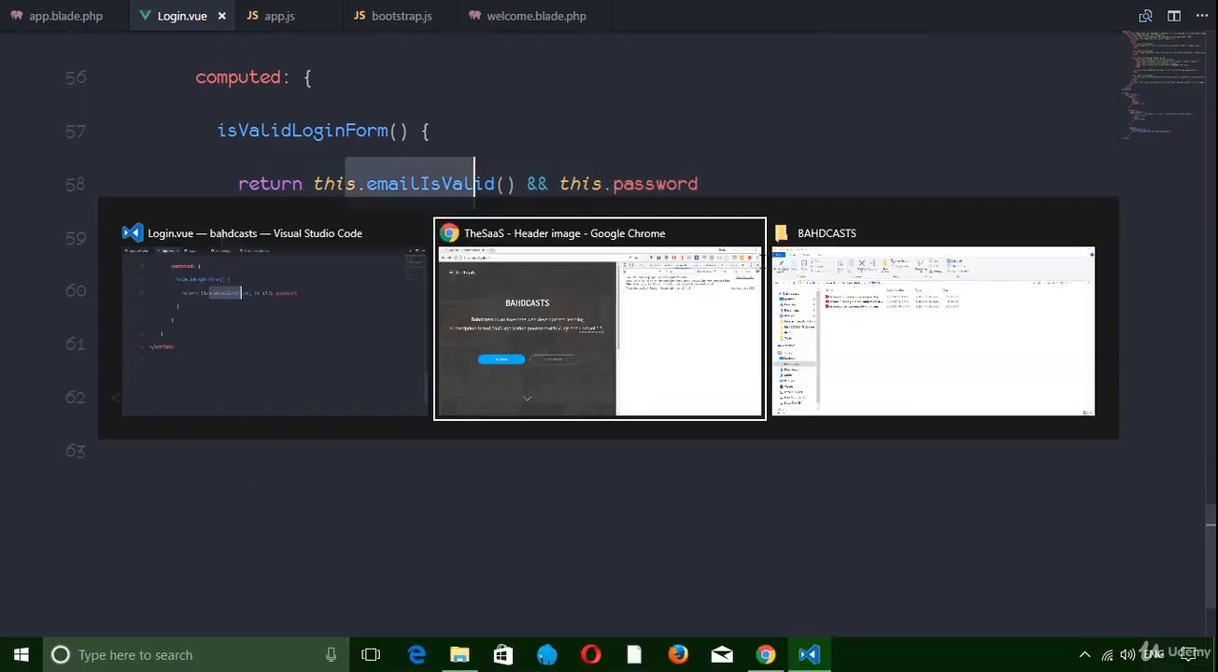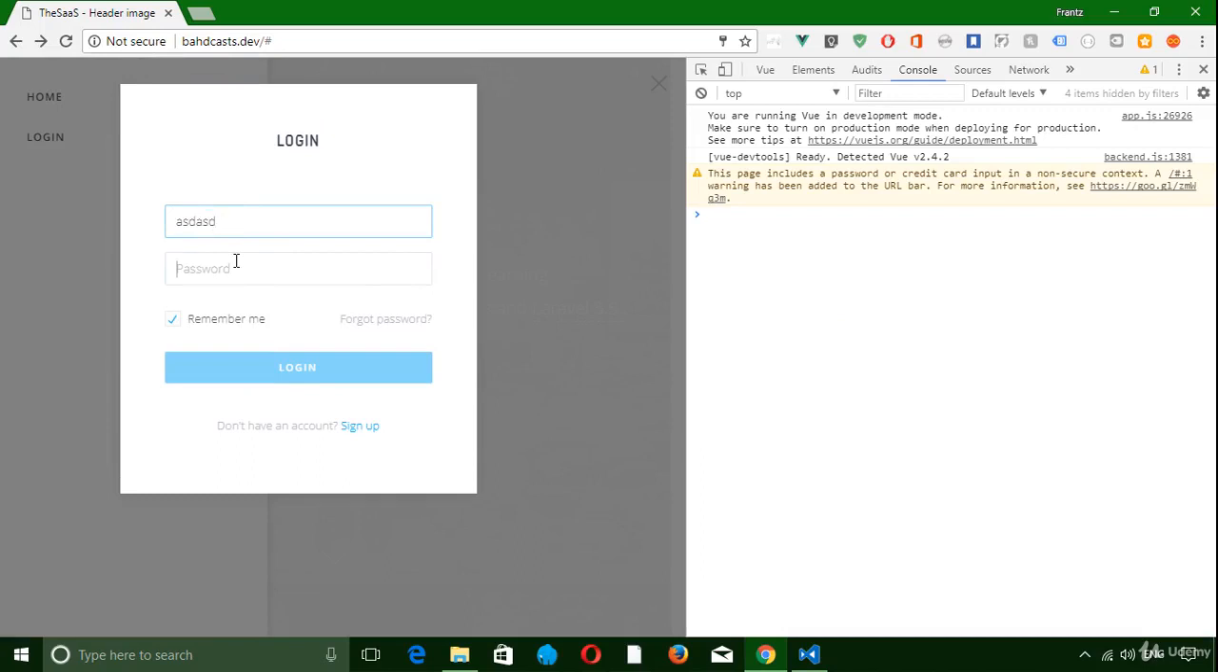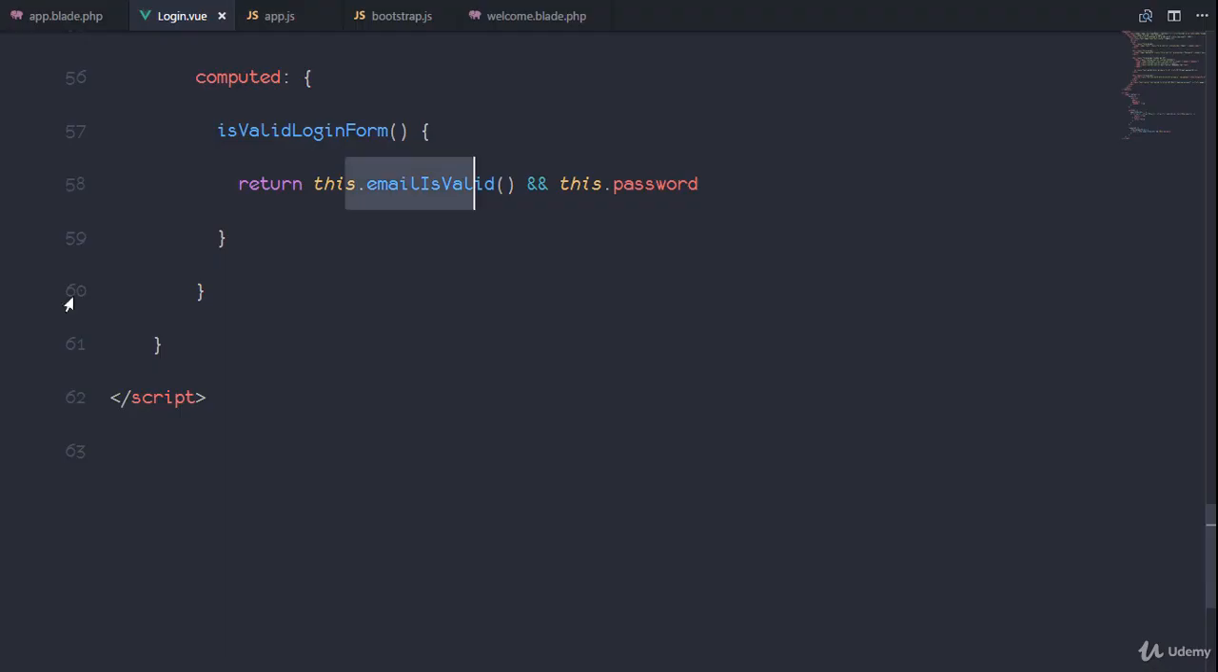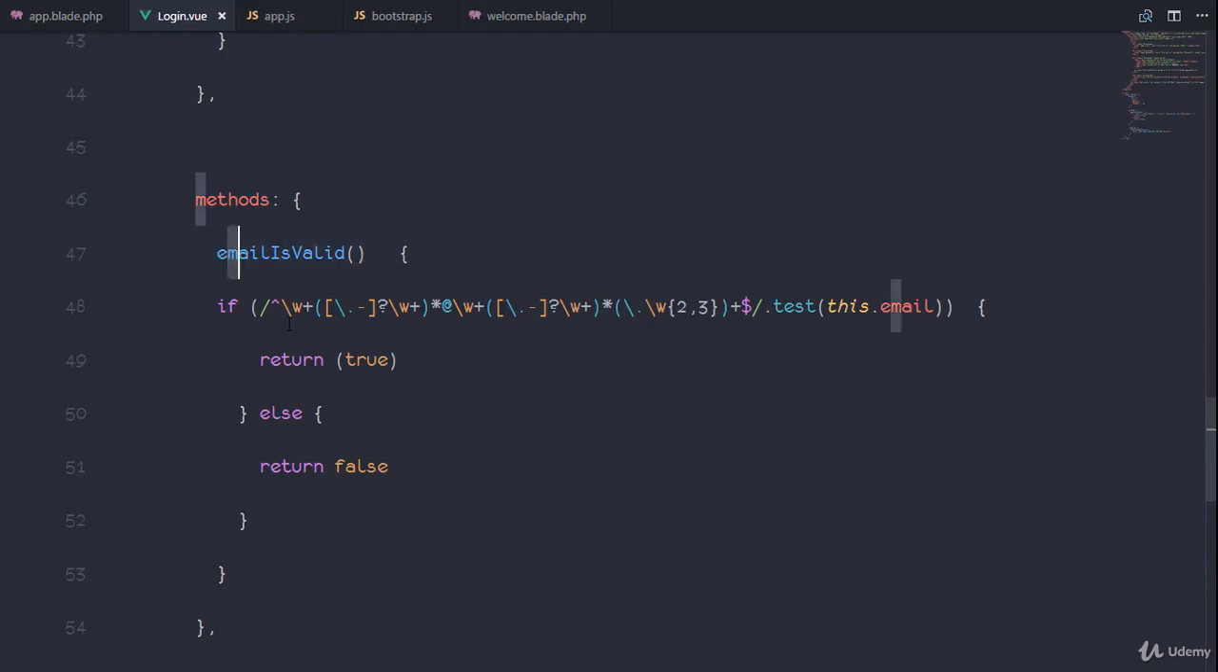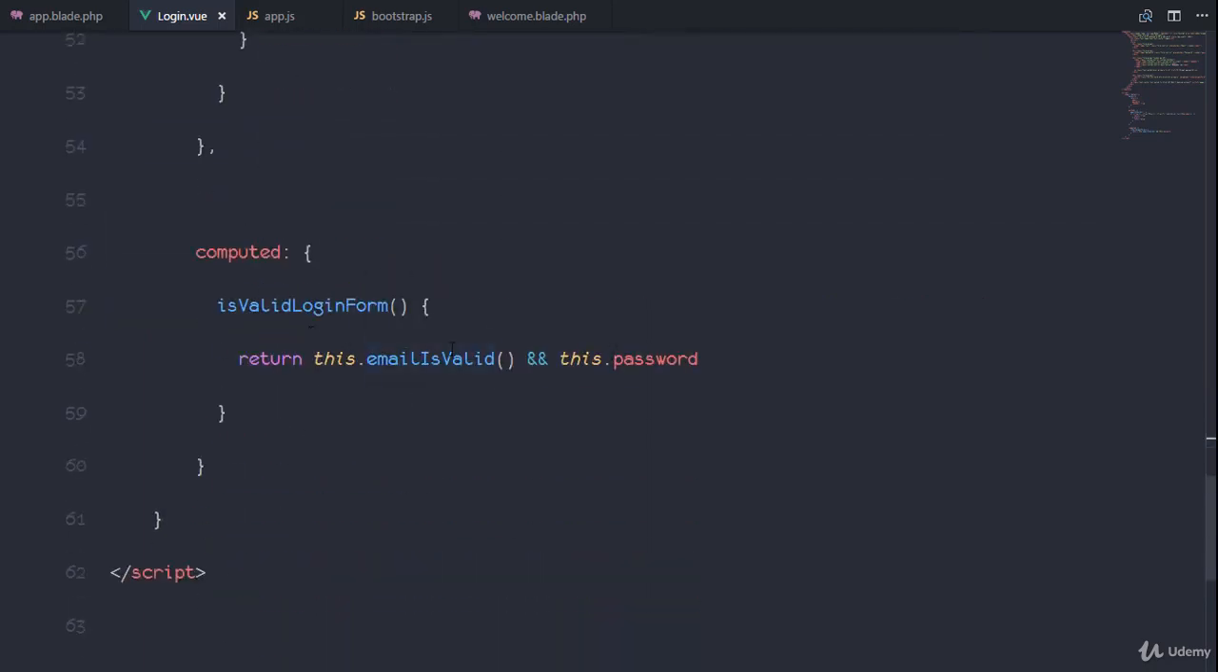So let's try that out. We have our login form. We put in gibberish. It's not activated, but we simply try to put in a valid email and automatically our button is activated. Wow, that works, right? So our email method is called every time the email property changes. Okay, so let's continue building our form in the next